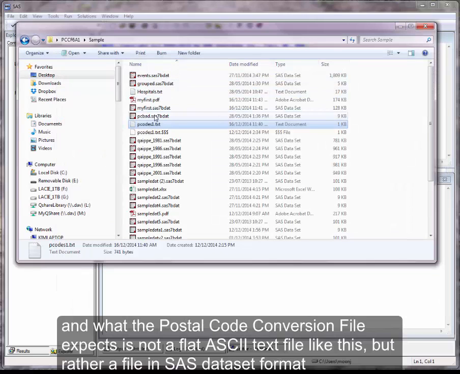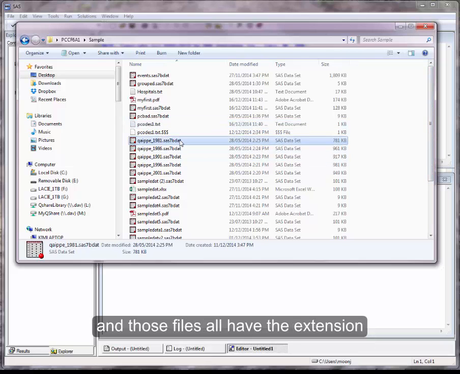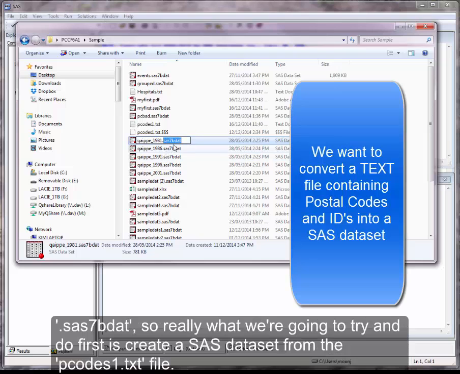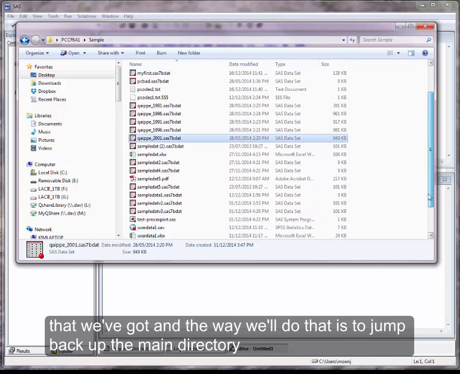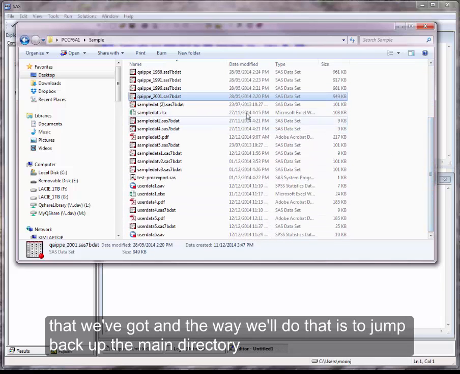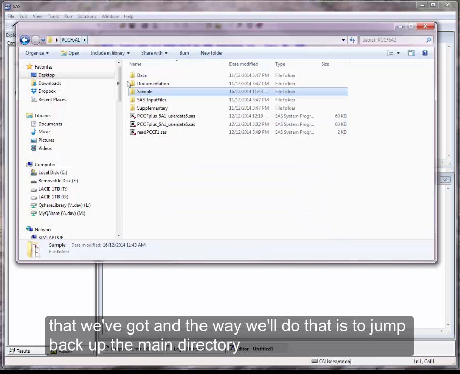And what the postal code conversion file expects is not a flat ASCII text file like this, but rather a file in SAS dataset format. Those files all have the extension SAS7BDAT. So really what we're going to try and do first is create a SAS dataset from the pcodes1 file that we've got, and the way we'll do that is to jump back up to the main directory and start this program,